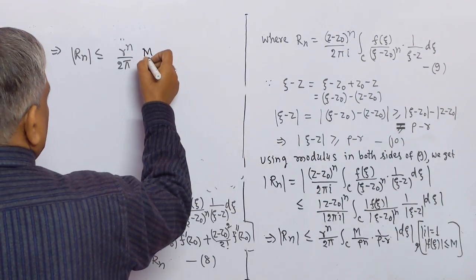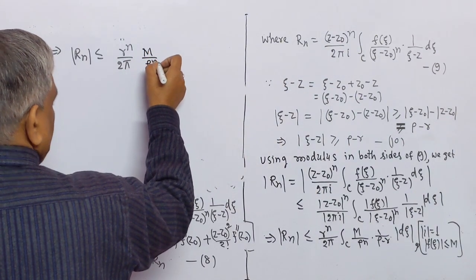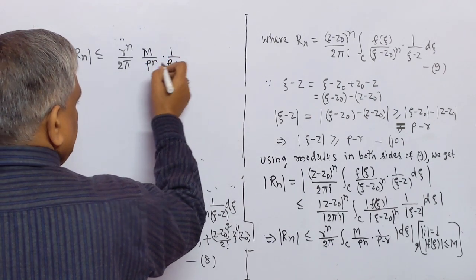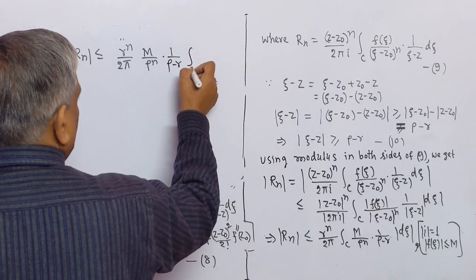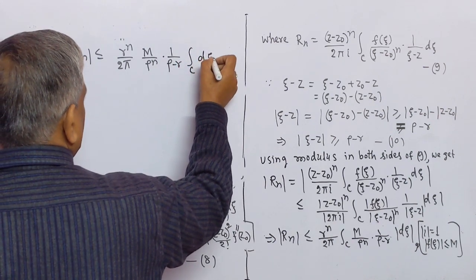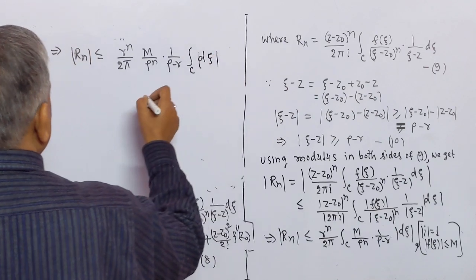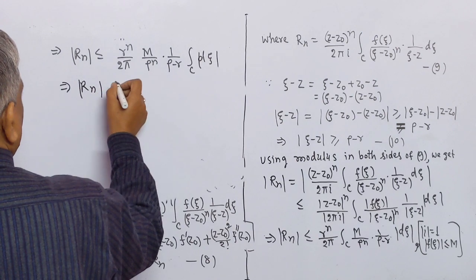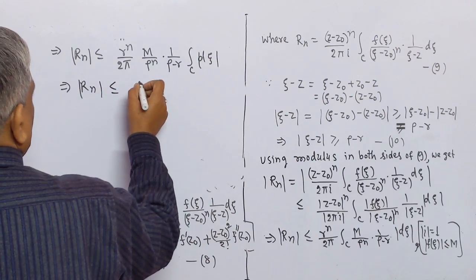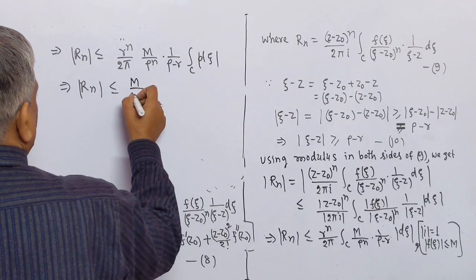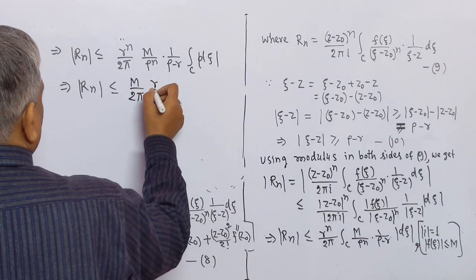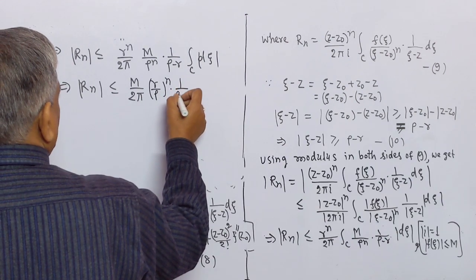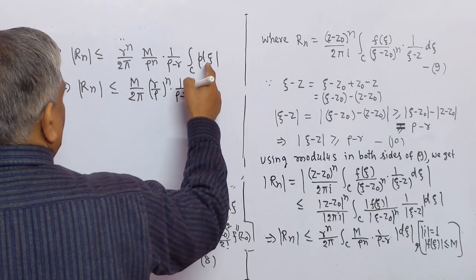M outside, ρⁿ outside, 1 by ρ − r outside, integration along the circle C of the modulus of dξ, which implies that the modulus of Rn is less than or equal to M by 2π, r by ρ to the power n, 1 by ρ − r, and this means